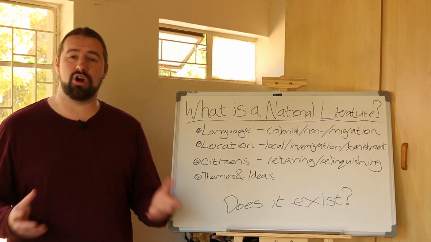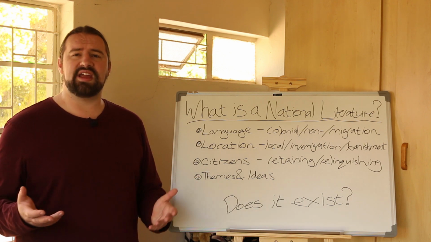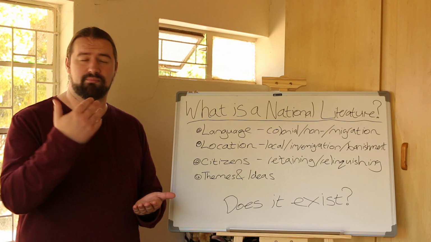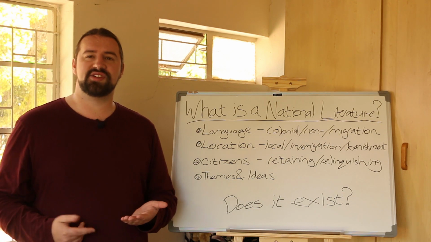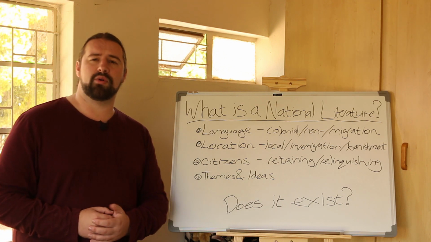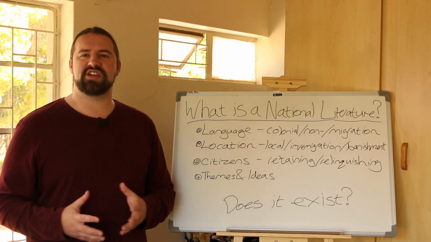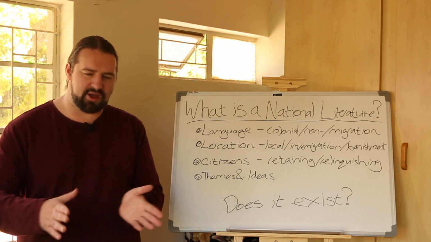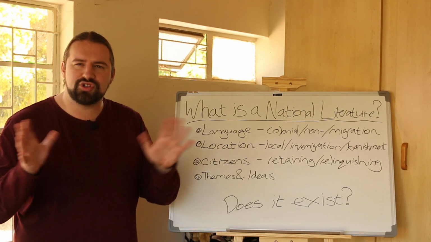Especially when you look at previously colonized countries, the lines that were drawn were arbitrary lines drawn by colonizing nations, so Britain, Spain, Portugal, France. They would just draw lines on a map and decide this is our area. If you know anything about what's called the Scramble for Africa, a colonial period in which all the European countries were trying to take over Africa, they carved it up and said, this is mine, and then the lines kind of stayed like that. We've now just decided that those are the lines.